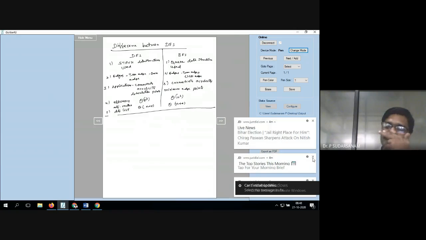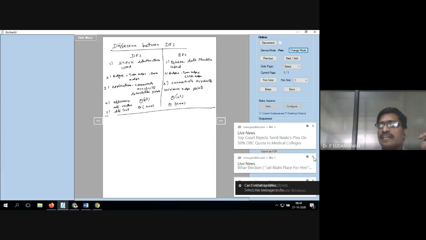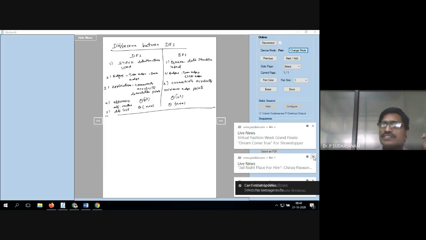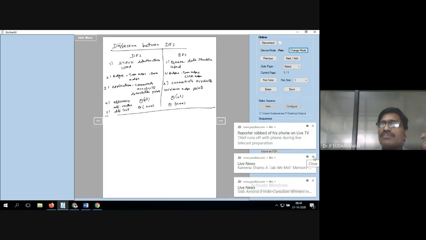For example, if your starting node is 3, you will be checking 3 to 1, 3 to 2, 3 to 3, 3 to 4, 3 to 5. You check all the nodes wherever there is a 1, they will be connected and moved to the queue and added to the list. Once connected, according to the queue, whichever is visited first, from there again you start.